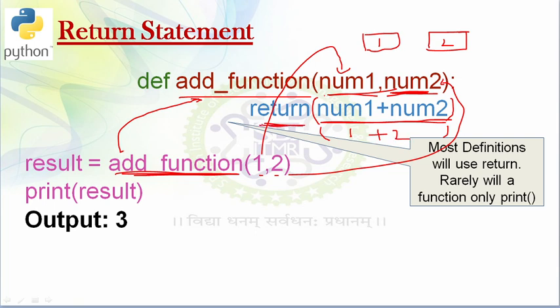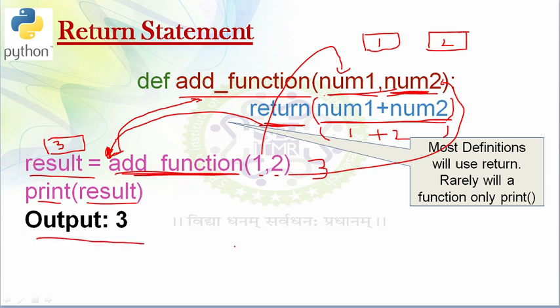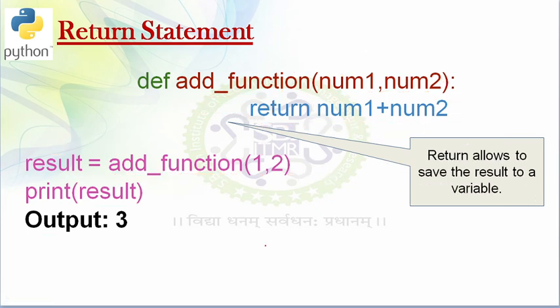The value 3 will be returned, and now the return is to the same line, since it is returning a value. This value 3 will be copied to my result variable, and now I can print this value of result. So it will give me output as 3. So this return statement can return a value, and this return statement cannot return a value. It's totally up to the programmer whether they want to return a value or not.